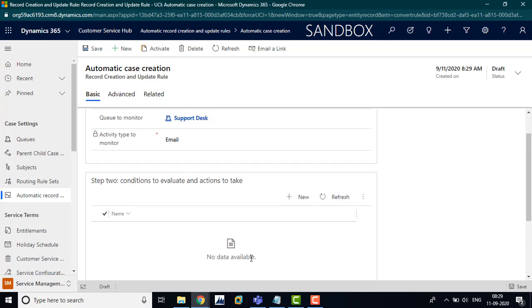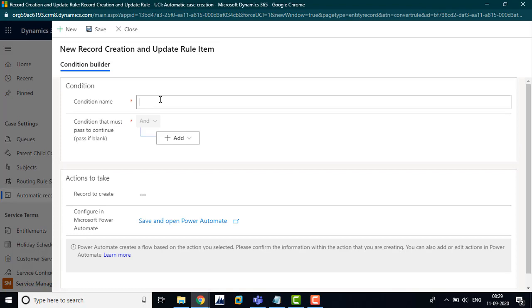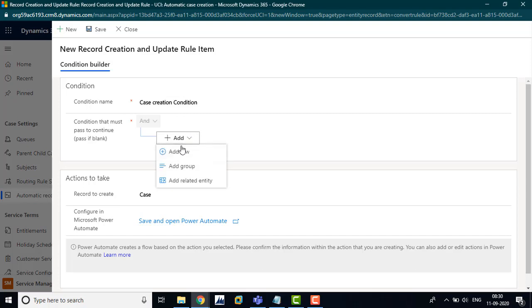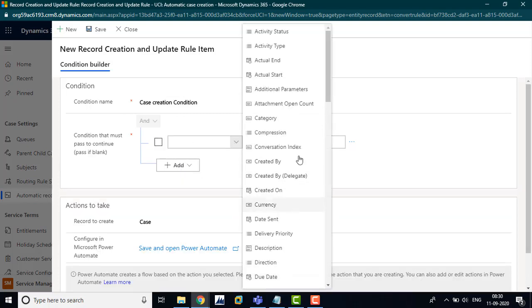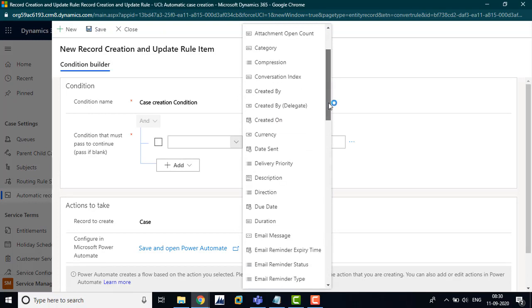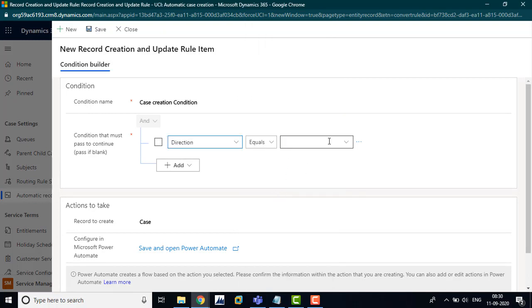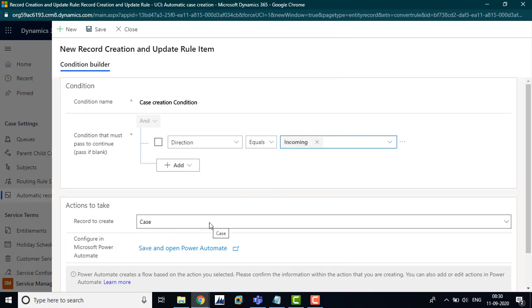Now we are going to define the condition. Click New, case creation condition. Click Add Row and choose Direction equal to Incoming, which means the record should be created.